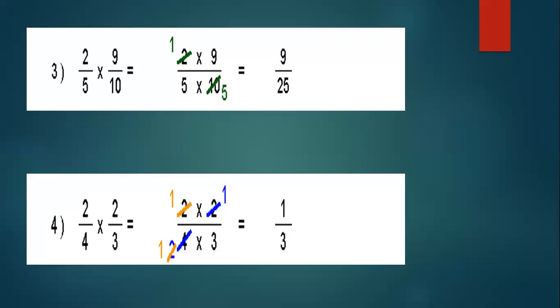All right. Suppose I have 2 by 4 multiplied by 2 by 3. Children, I am again and again asking you, please don't cancel 2 and 2 because they both are in numerators. We can't do that. What can we do? You can see the blue stripes first: 2's table 1 time and 4 comes 2 times. Then we use the yellow stripes. As you can see, 2 and 2 get cancelled out. We are left with the numerator 1 multiplied by 1, which is 1, and in the denominator 1 multiplied by 3, which is 3.